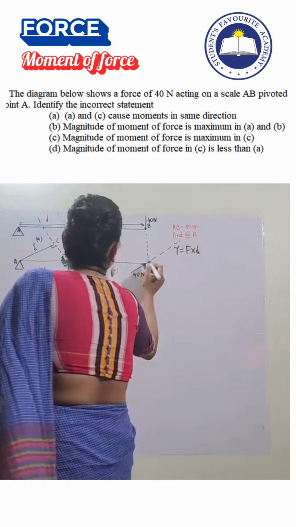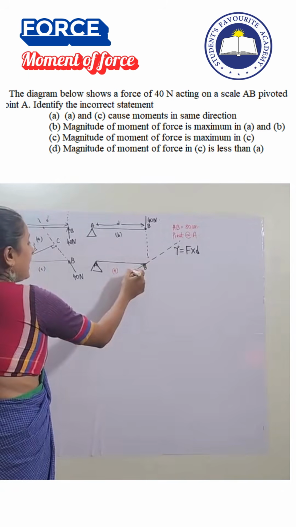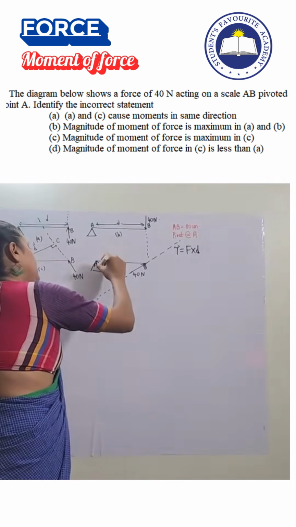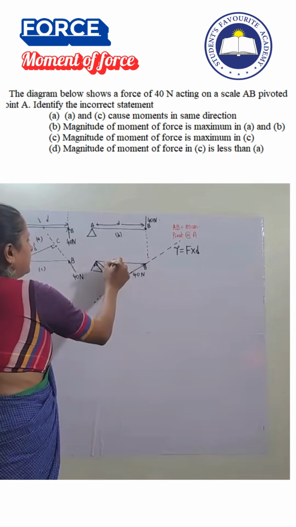And let us look at this. Now don't make a mistake of trying to draw a perpendicular here. This line of action even extends in the backward direction. So this will be your D dash.